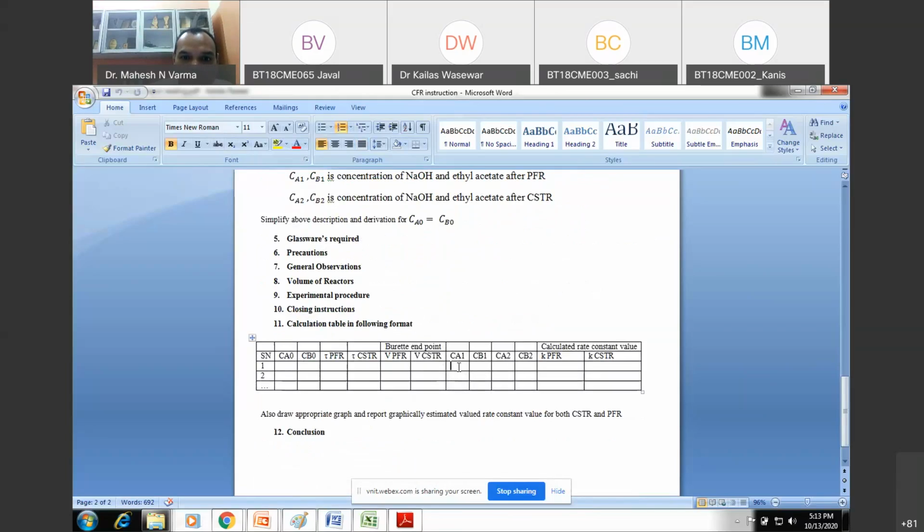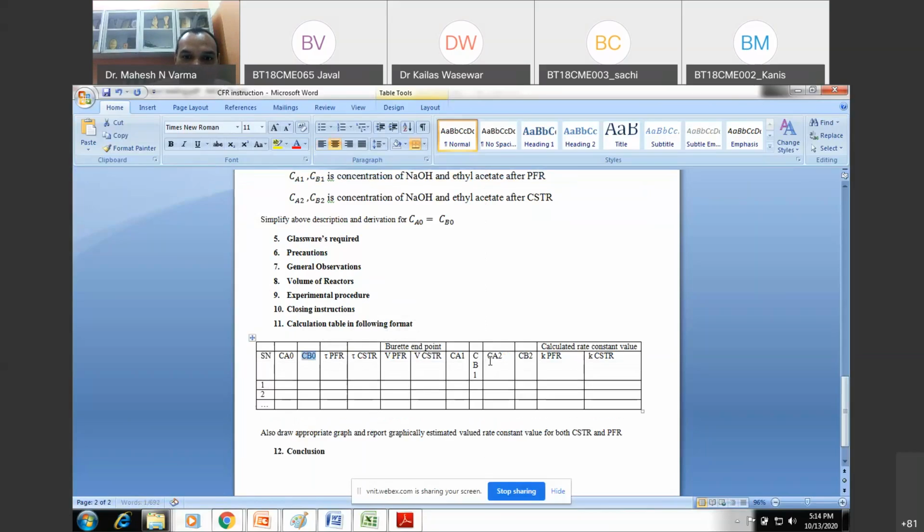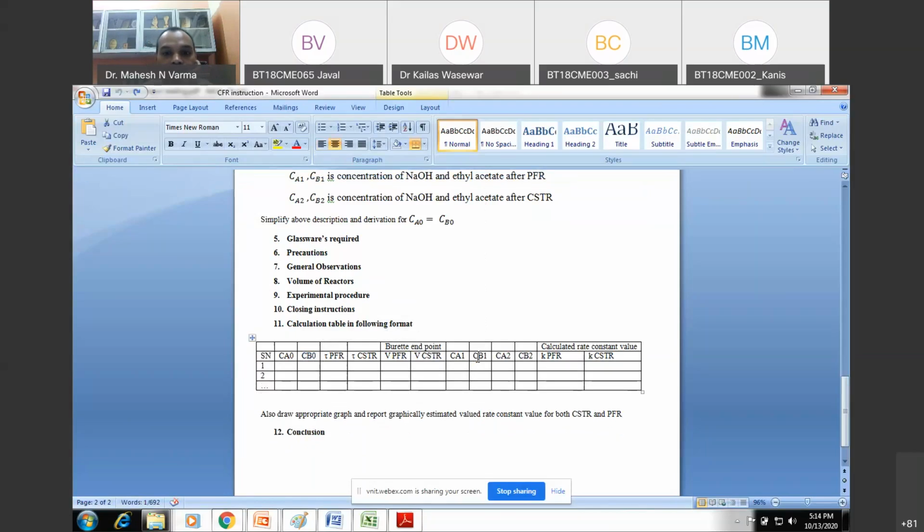Then you need to estimate CA1. How will you get CA1? The endpoint of the burette reading for PFR will give you CA1. CA2 will be from the burette reading for the CSTR sample. Now, using CB0 and CA1, you estimate CB1. Then you can estimate CB2, and then you can estimate the kinetic constant for PFR and the kinetic constant for CSTR,